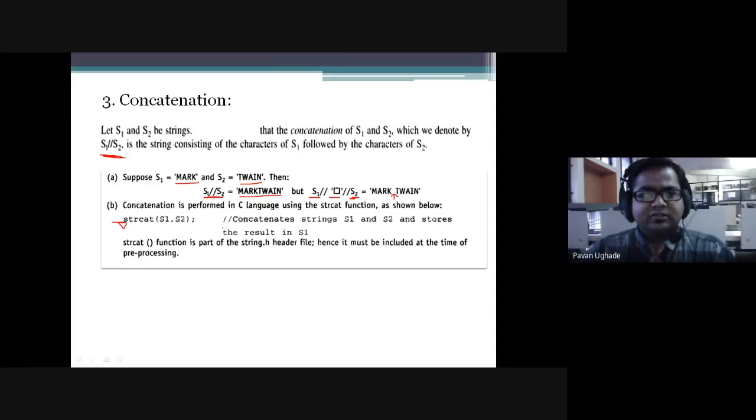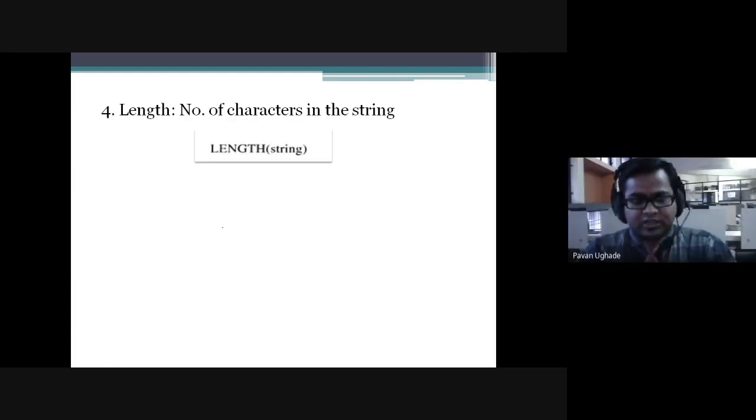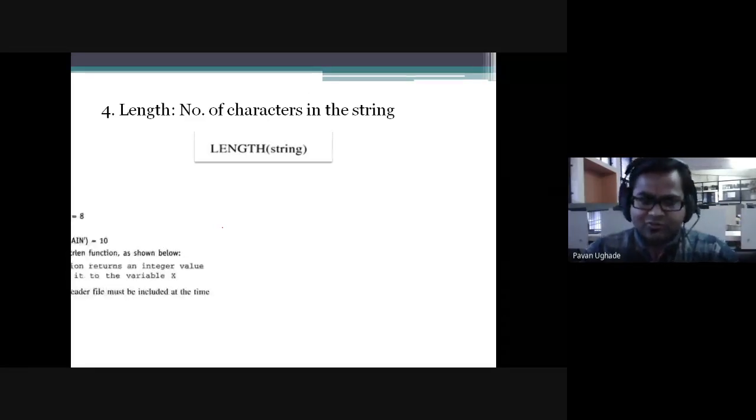Yes, guys, concatenation. Any doubts in the concatenation? Please tell me first. No doubt, sir. Okay. So another one is length, which we will be requiring. I think everybody has gone through the length string function. We will be requiring it to understand the concept also. So it is the number of characters in the string. So I will not focus much on this.